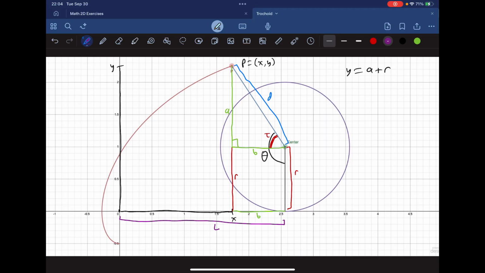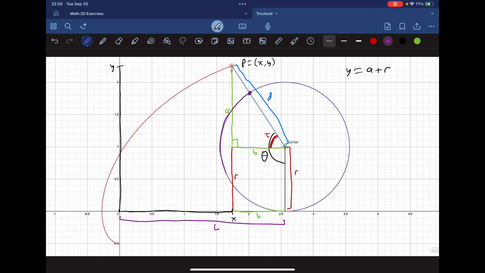So that means, well, hopefully everyone can see that this point right here, which is between our point P and the center, that's the point that started originally over here at the origin when the circle wasn't rolling. So what that means is that